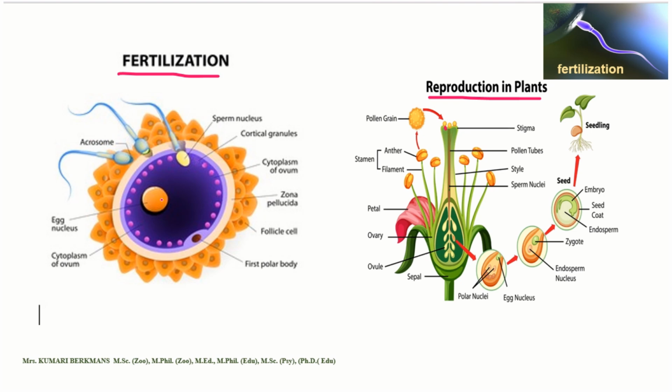This nucleus combined with the egg nucleus, and the zygote forms. Okay, this is called fertilization. This is the structure of the ovum, and what you are seeing here is